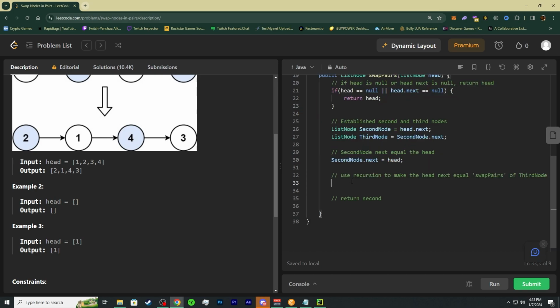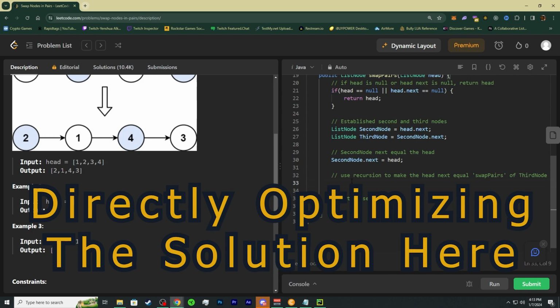All right, let's use recursion in this second to last part. Using recursion here, basically what I was saying is having to call the method itself, so the swap pairs, and having the argument, let's use argument this time, as the third node, and having that be the value of the head, which is next, right? And then we return the second node, which is what we have in memory, right? So our head next